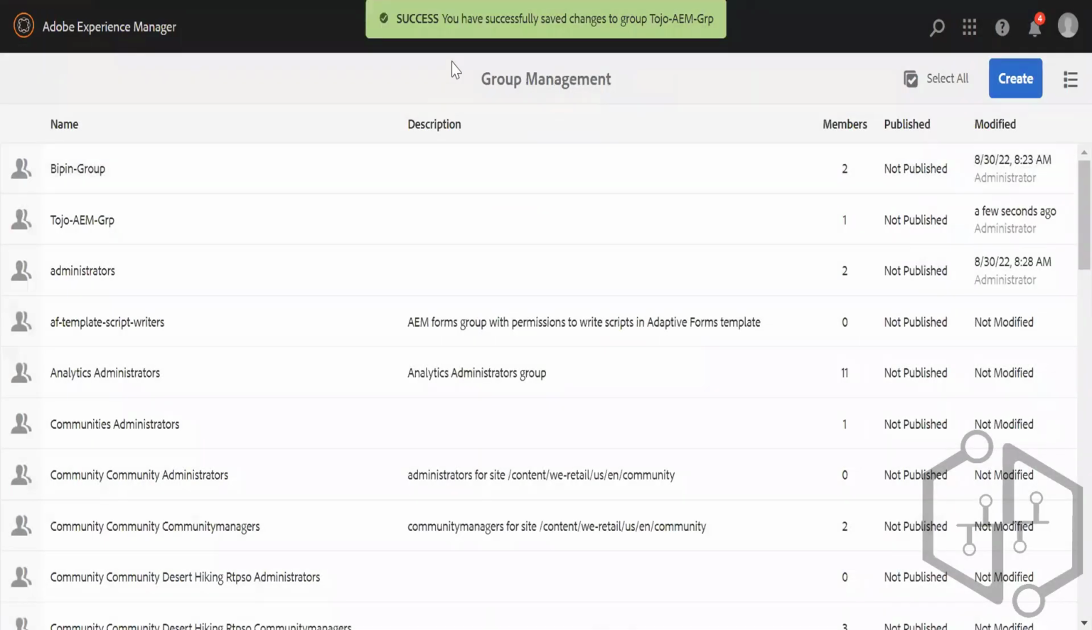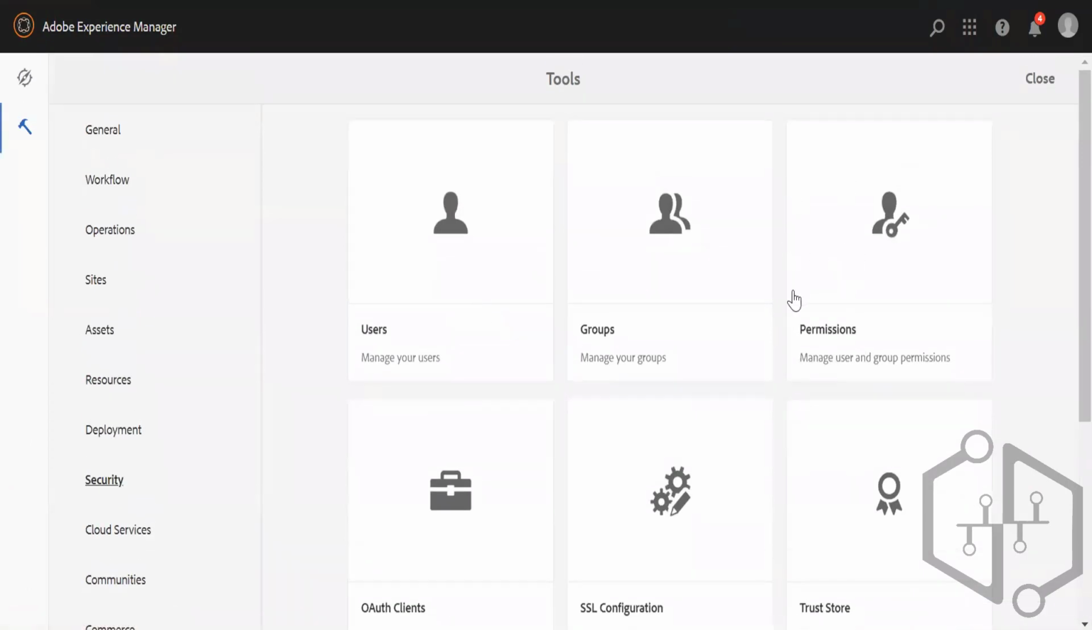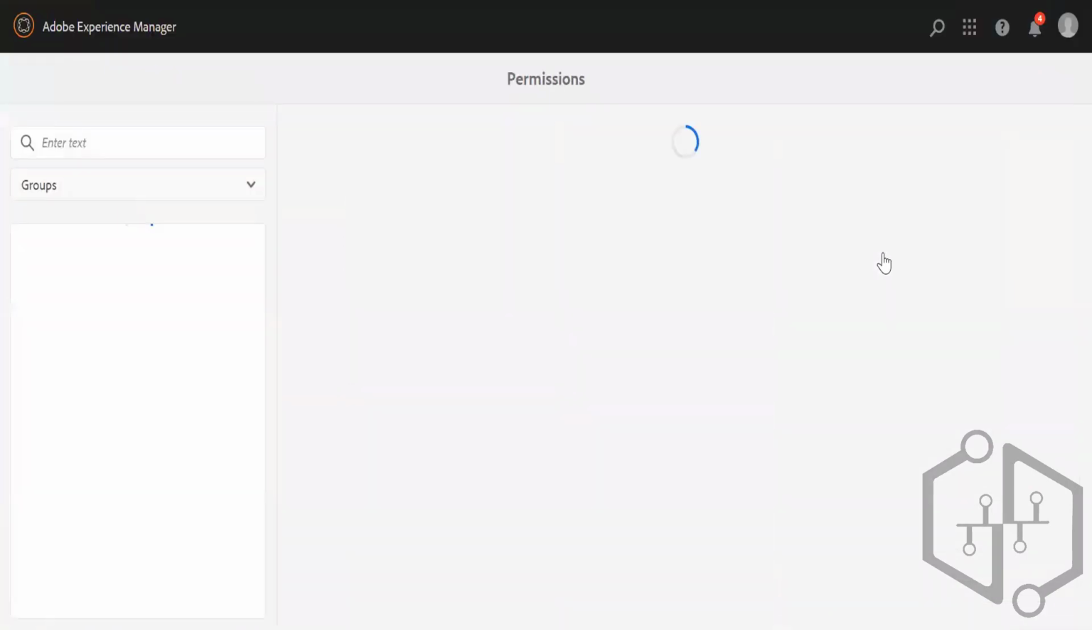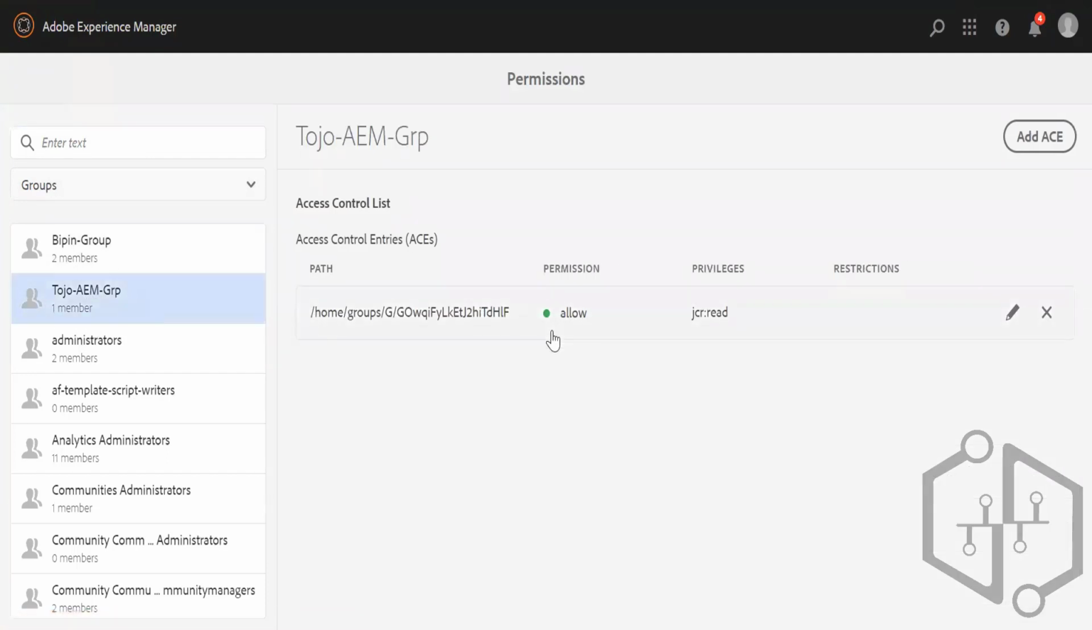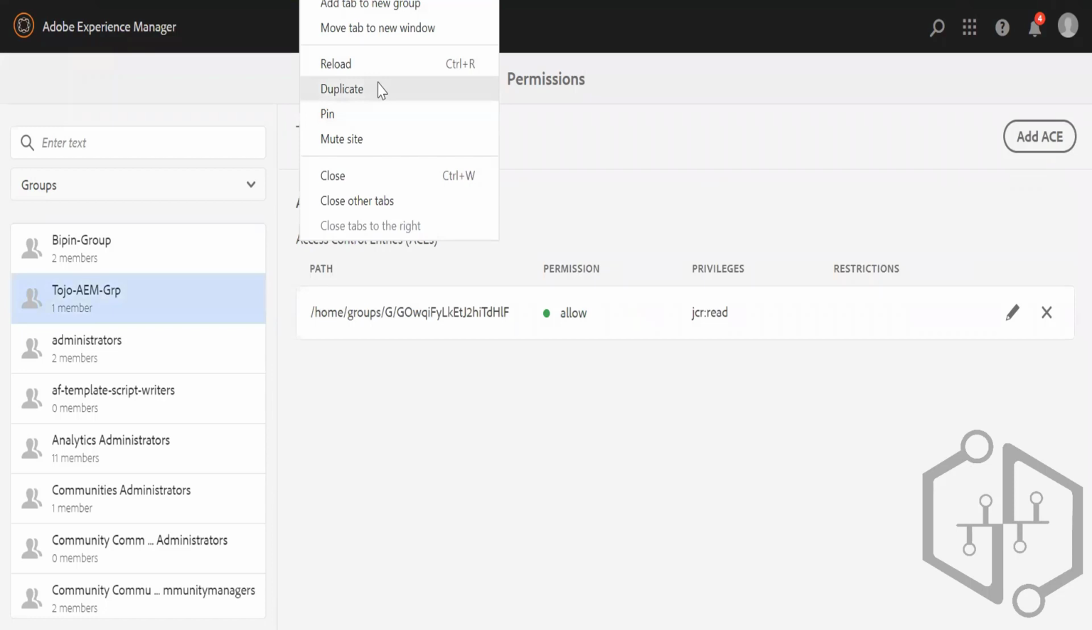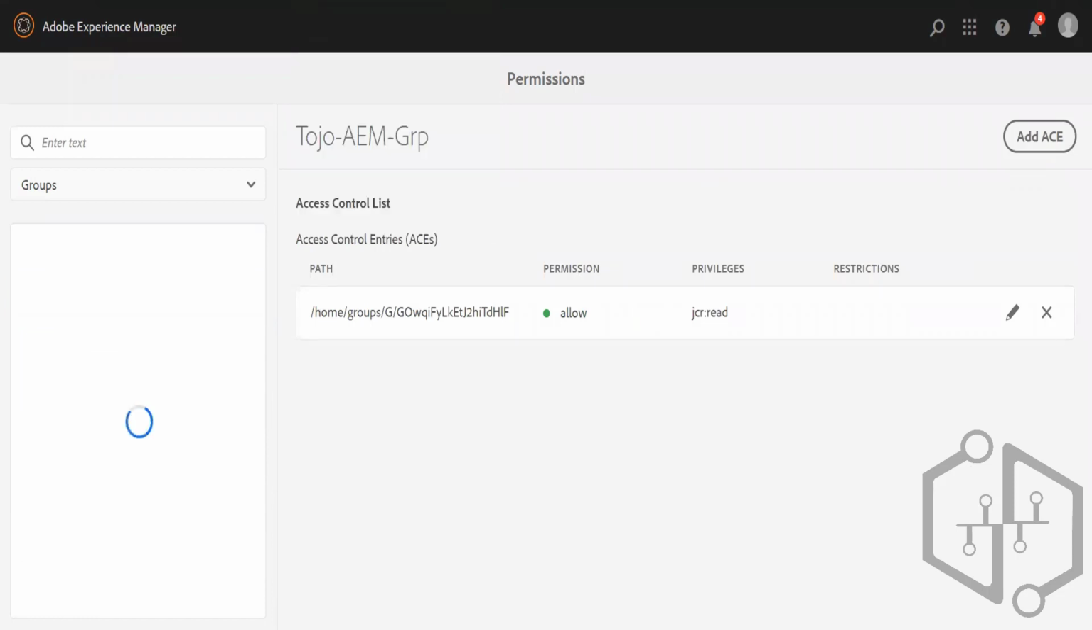Now if I go back, here I have the permissions. So either you can assign the permissions to a group, you can search the group, or you can search the user and then assign the group here. It says it has one member, and it can have any number of members. Here is where you give the permissions. These permissions are called the access control list. We saw that day in the CRXDE